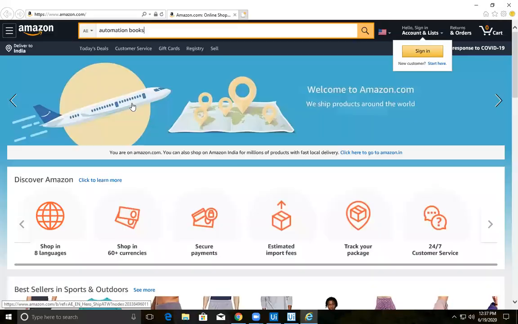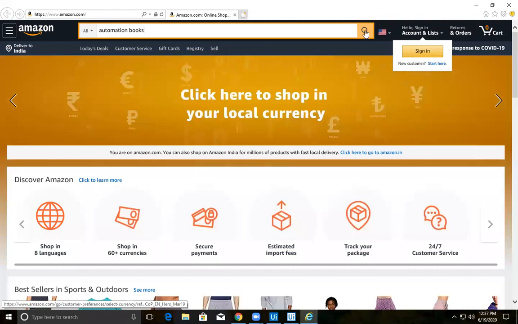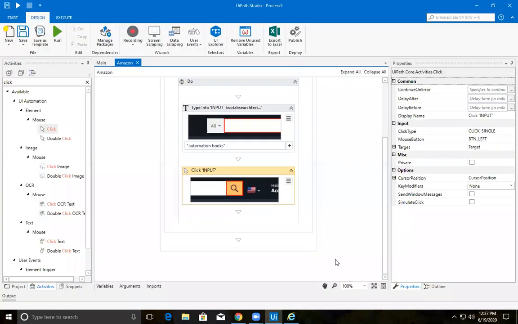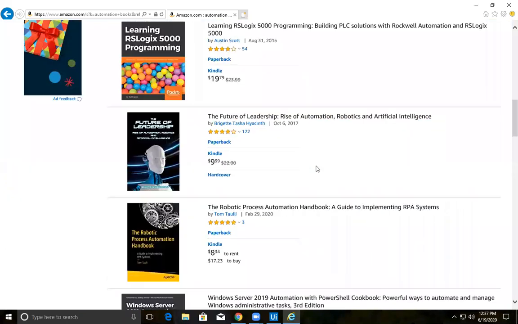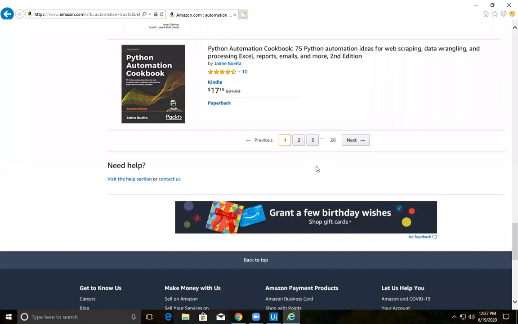Yes, automation books has been typed, and the search did not happen. Yes, it happened, with some delay. Okay, so after clicking on search, there is a list of books visible on the Amazon.com